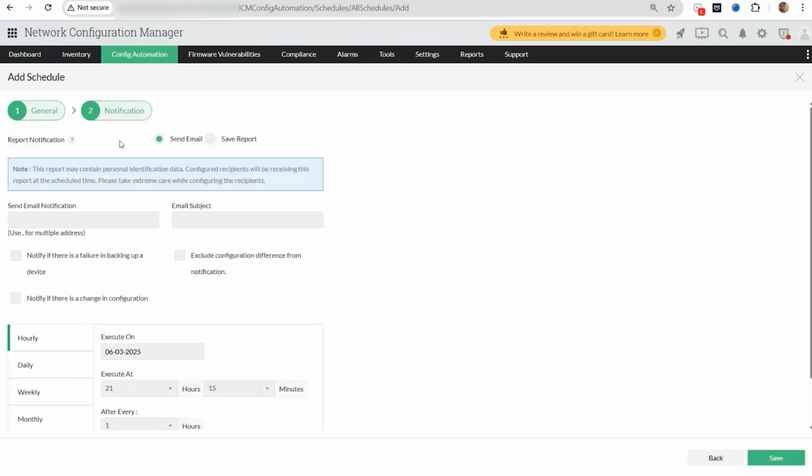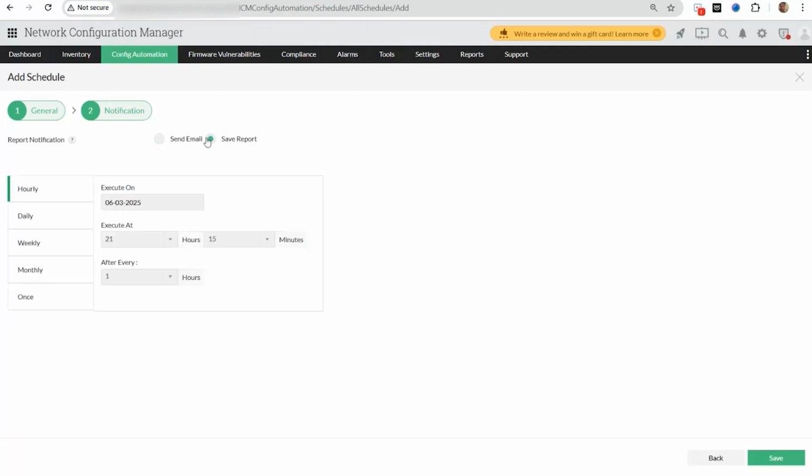And under the report notification, you have 2 options, which is the send email or the save report. If you select send email, you need to provide the email addresses, which are separated by commas, and then the email subject. So once the scheduled task is completed, NCM will immediately send the report via email to the specified addresses, allowing you to stay updated on the execution, even outside of business hours. If you prefer not to receive email notifications, you can choose to save report instead. In this case, NCM will save the report and you can view it the next time you log into